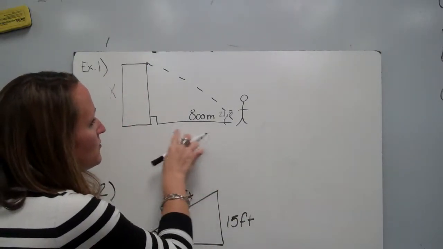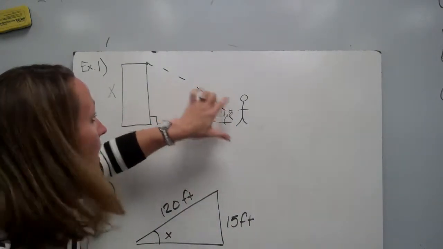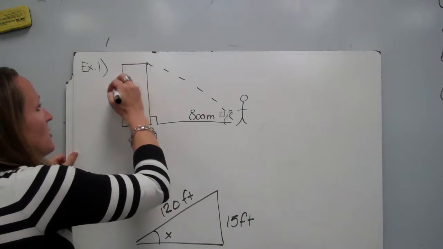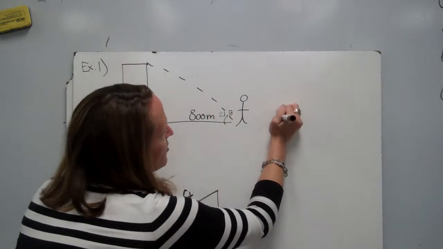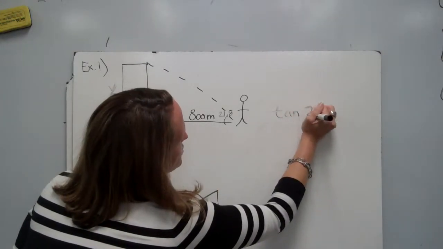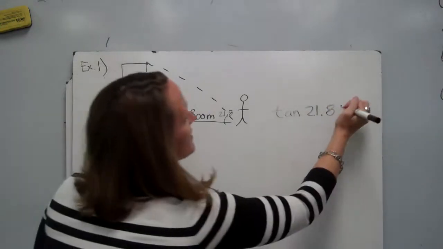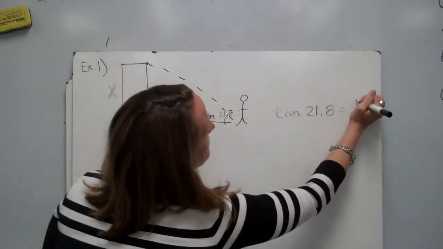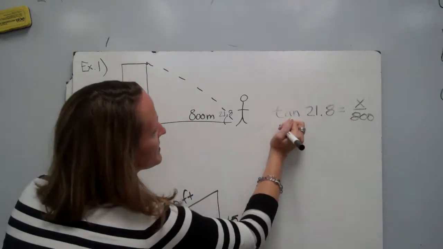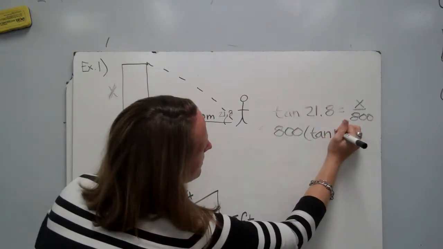So what do I know? I know this, and I know this, and I know an angle. What don't I know? I don't know a hypotenuse. So when I know two sides, but not the hypotenuse, I know I'm dealing with tangent, and I know the angle, so I'm going to do tangent of 21.8, and remember tangent is opposite over adjacent, so I'm going to do x over 800. So to solve this, I simply need to do 800 times the tangent of 21.8,